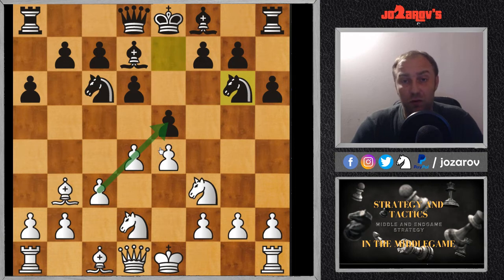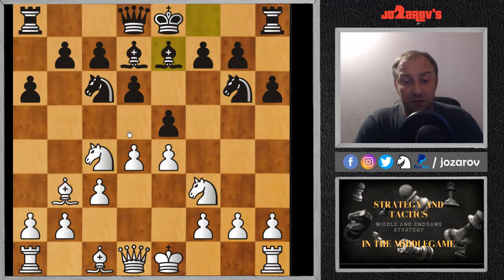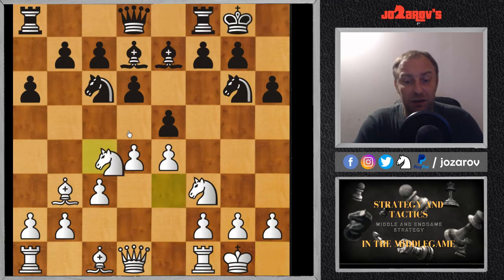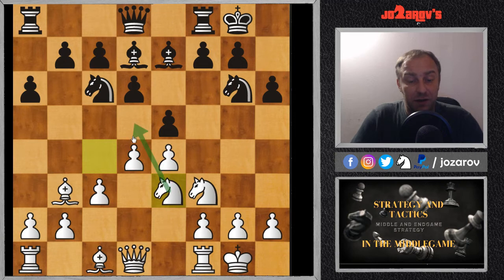I just wanted to pause the video and try to find the weak square in black's position. Just take your time, it's not so easy, but it's really a weak square, because the knight has moved, and of course it's the square d5. So Vasily Smyslov, one of the best chess players of the last century, of course finds this very nice maneuver with the knight. He played knight on c4, bishop on e7, here castling, knight on e3, cementing the knight here